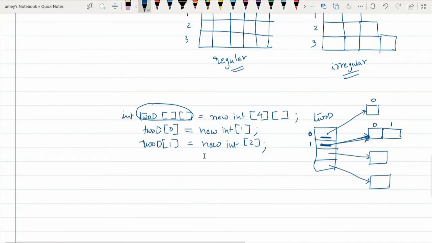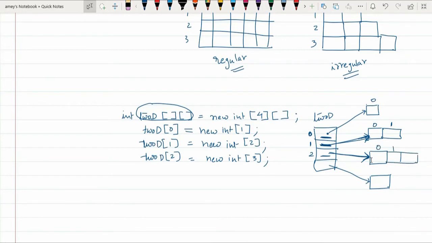Then if I write 2d[2] = new int[3], that means in the second index reference, which speaks about this third array, how many elements are there in this array? New int[3] means contiguously 3 integer allocations for this array. So this will be 0th index, first index and second index.